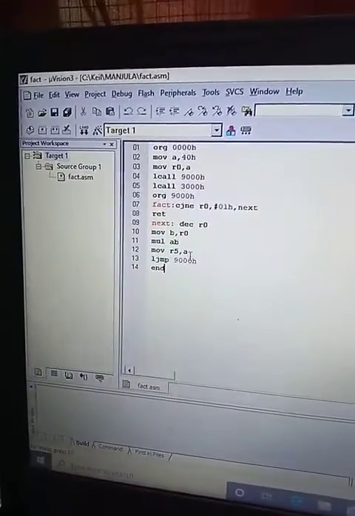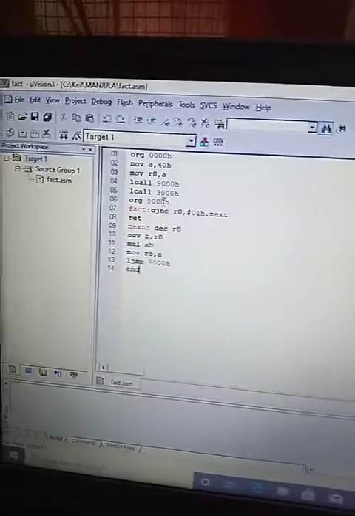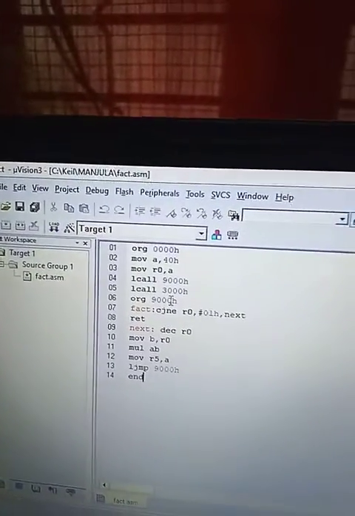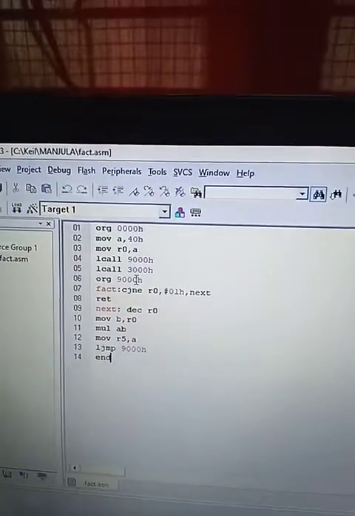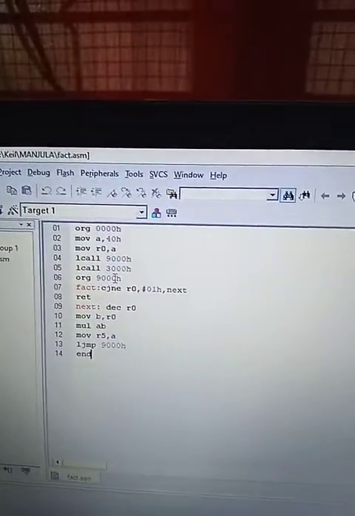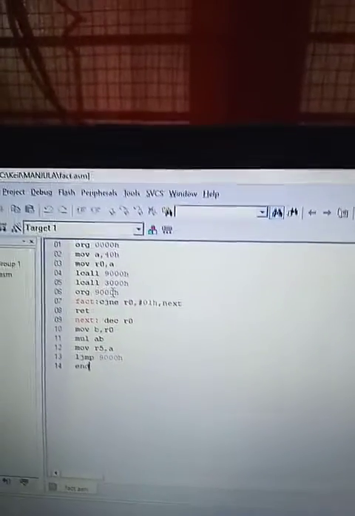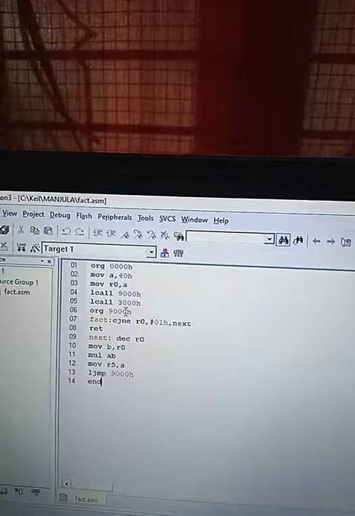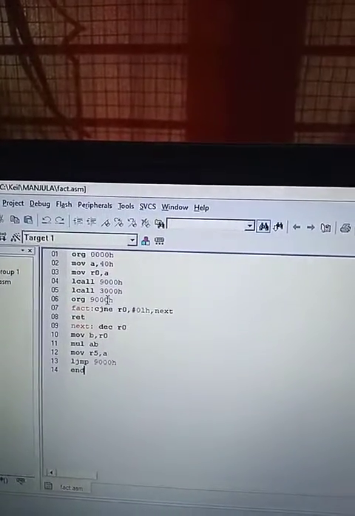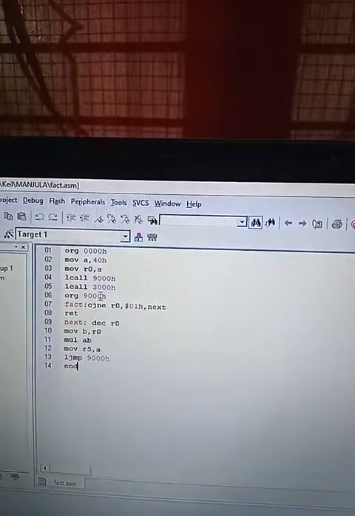This is a program for factorial, to find the factorial. The program is loaded in the 00 hex location. The data which is in the 40 location is moved into A, then into R0. LCALL 900, it will go to 900 location where the factorial program is present.